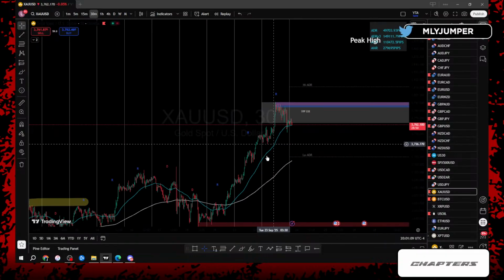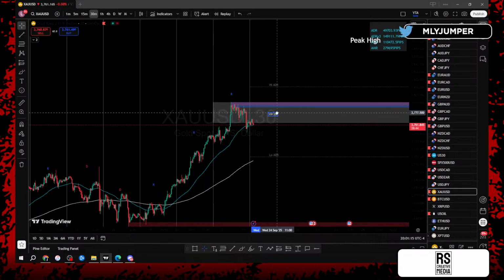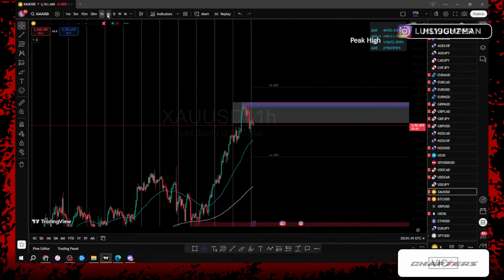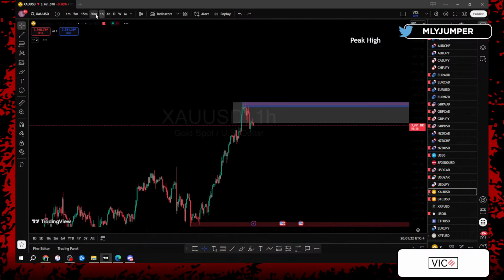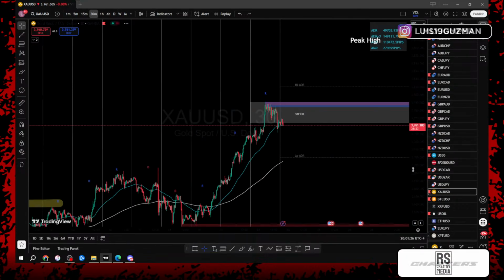We have 3 days of rise. After 3 days of rise, we could be expecting the 4th day to be a day of drop or a day of no net. Drop or chop. Let's look at the 4 and the 1-hour. No engulfing candles just yet. The 30-minute almost.